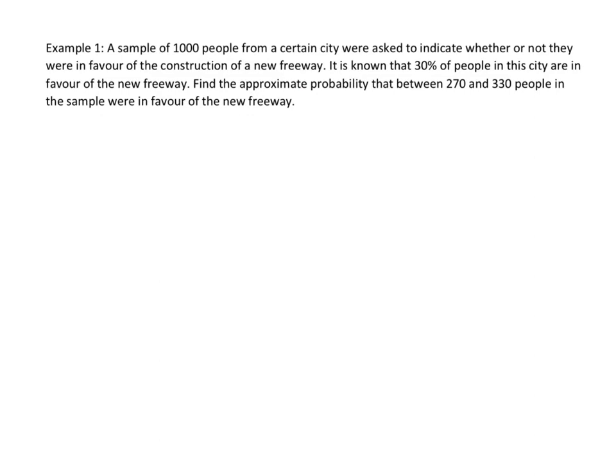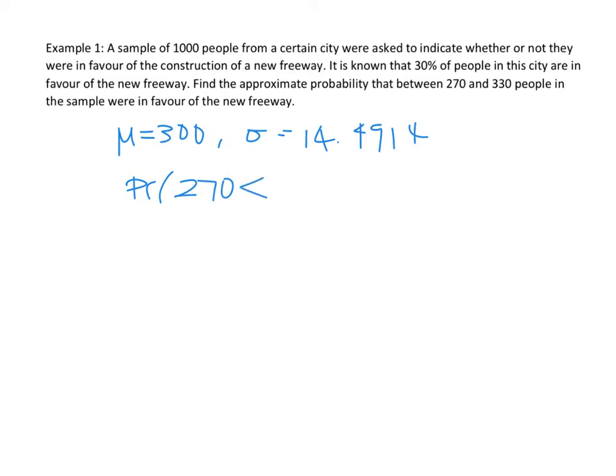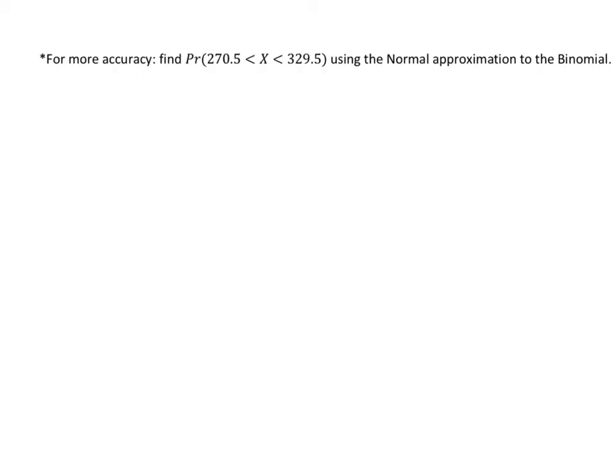So from before, we have a mean of 300 and a standard deviation of 14.4914. And so if you use our cumulative probability distribution for the normal distribution, then we will get an answer of 0.961566. Now you could have a more accurate approximation by going halfway, because we only take,